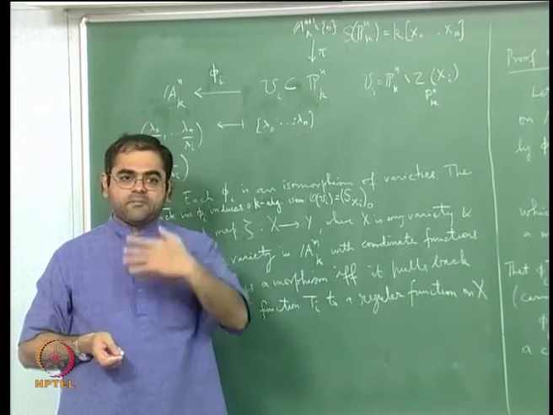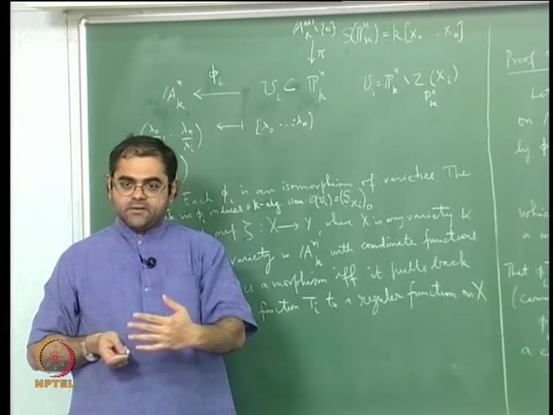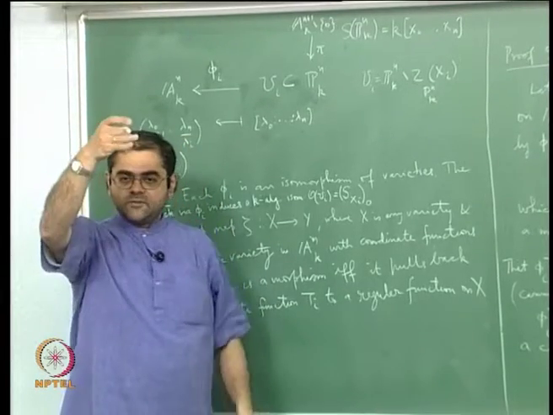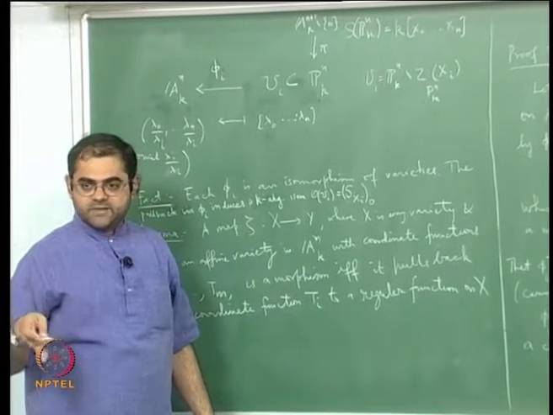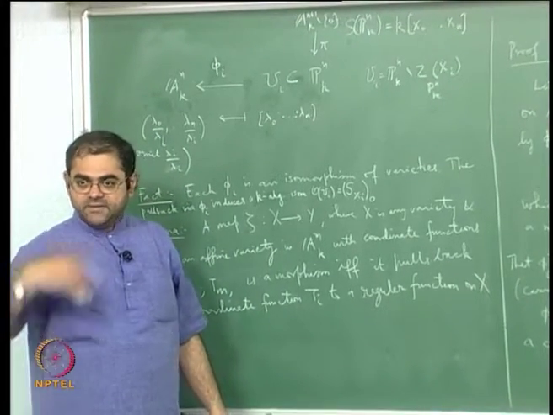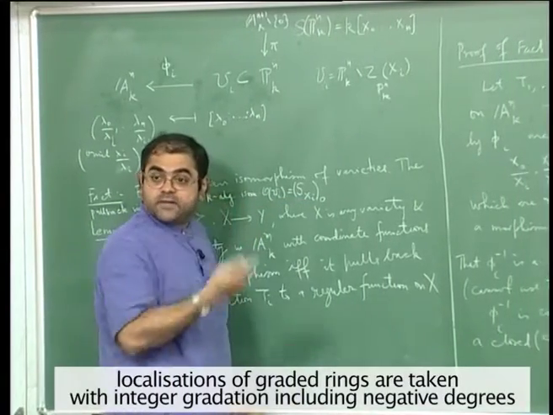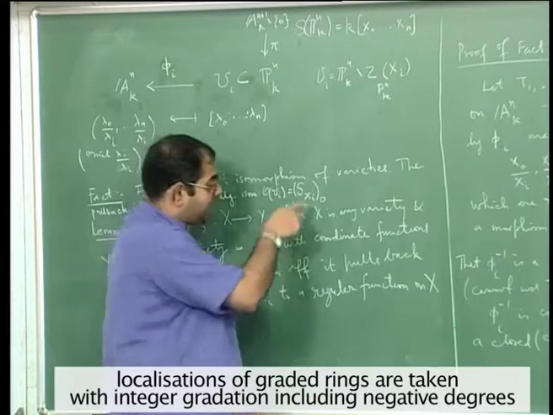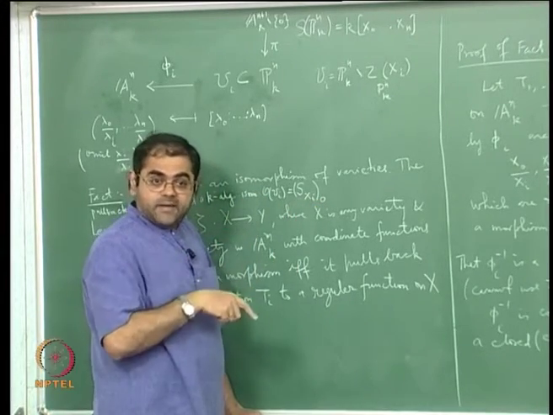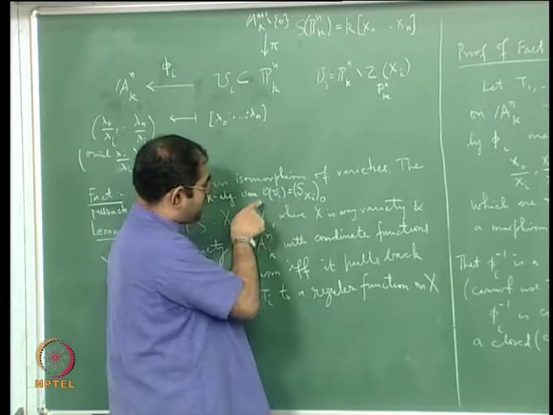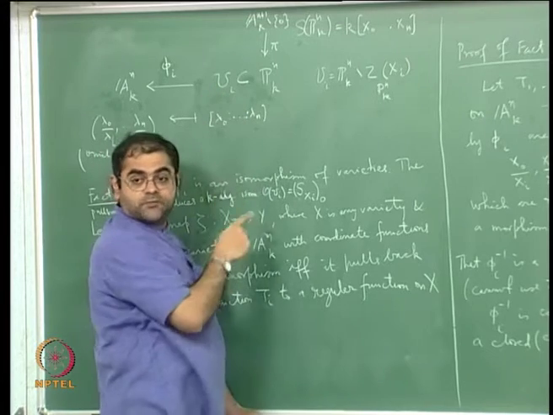Now for such a quotient, namely a polynomial by a power of xi, you can define the degree to be the degree of the numerator polynomial minus the power of xi that is occurring in the denominator. With this degree definition, you can check that the localization S sub xi is also a graded ring, and you take its degree 0 part. That will be a K algebra. That K algebra is exactly the ring of regular functions on ui.